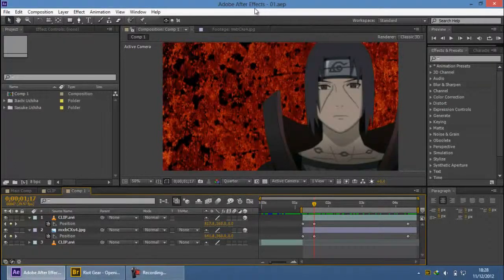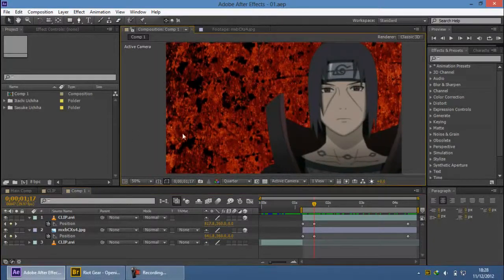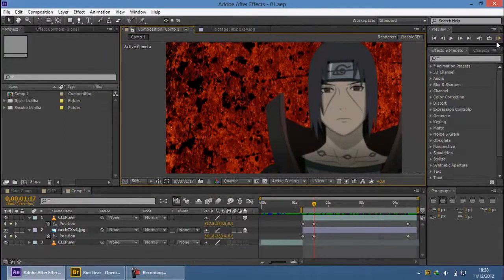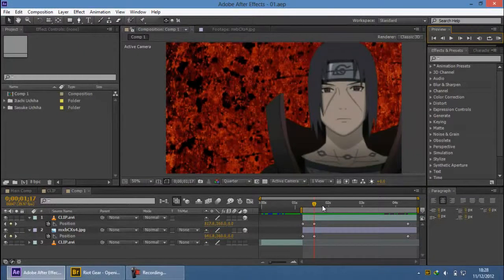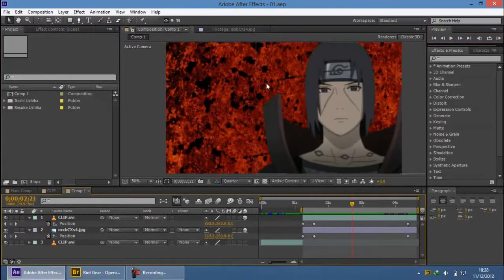Hello everyone and welcome to the part 2 tutorial in my character introduction in After Effects, and we will start from where we had left before. And if you are following along, you should be having something like this. So we just extracted the image from the background and we applied a little position keyframe to the background texture